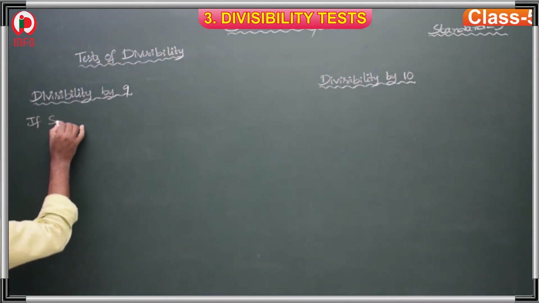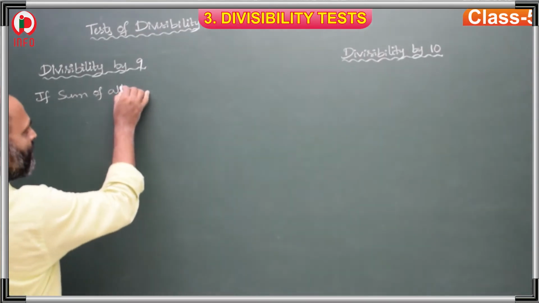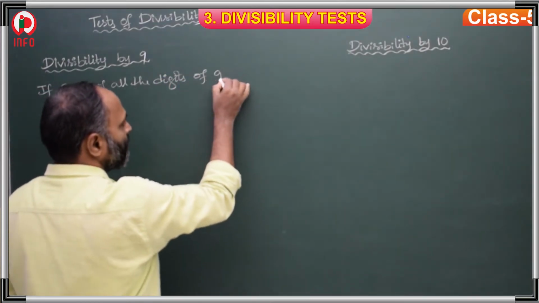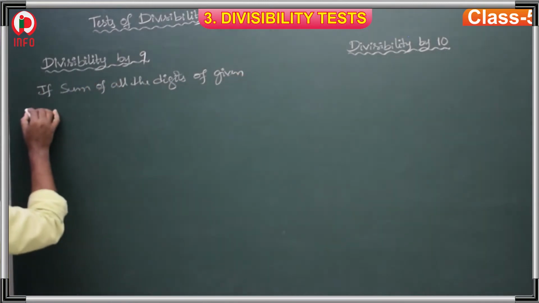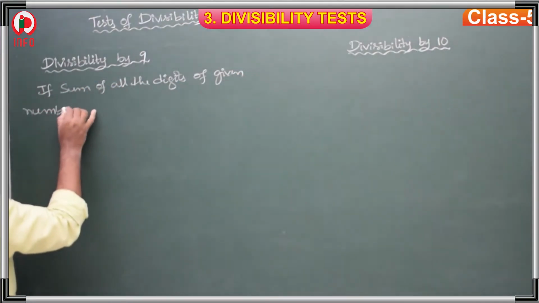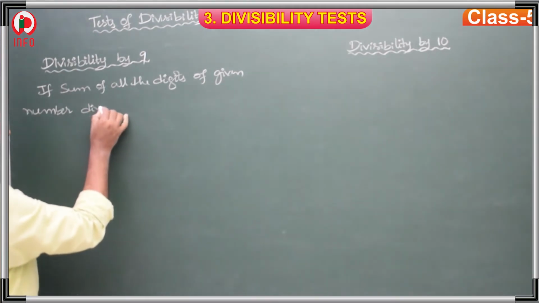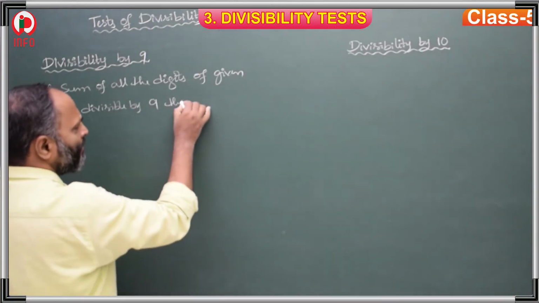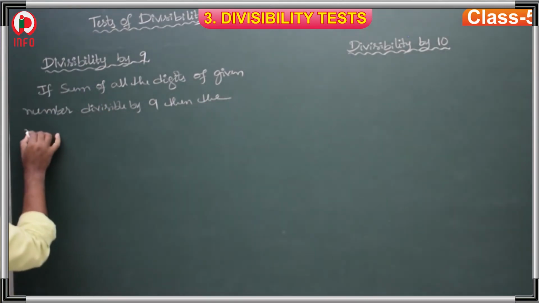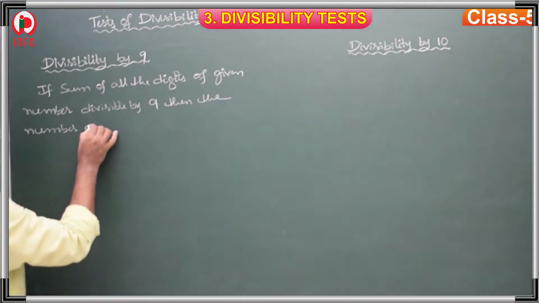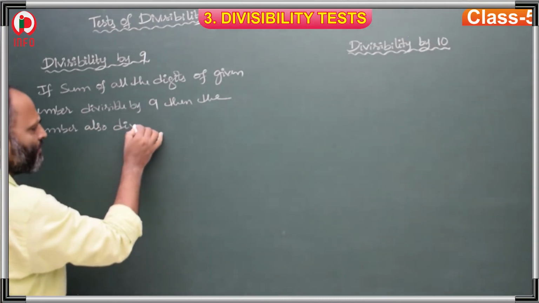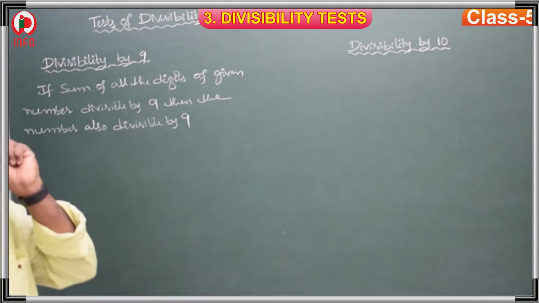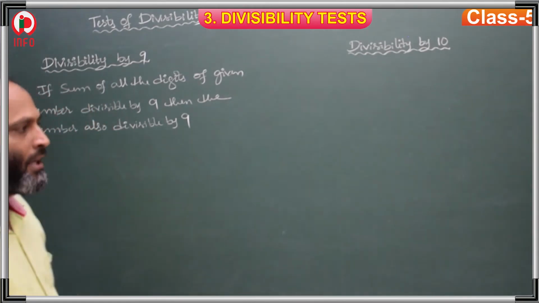Now here, if the sum of all the digits of a given number is divisible by 9, then the number is also divisible by 9. For example,